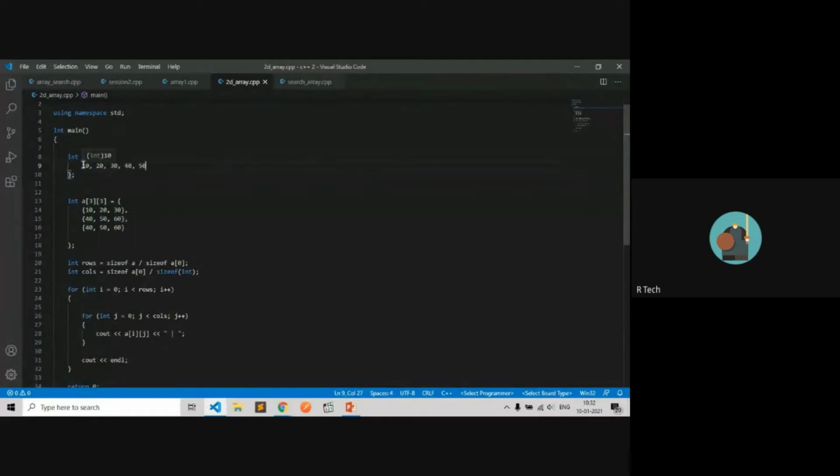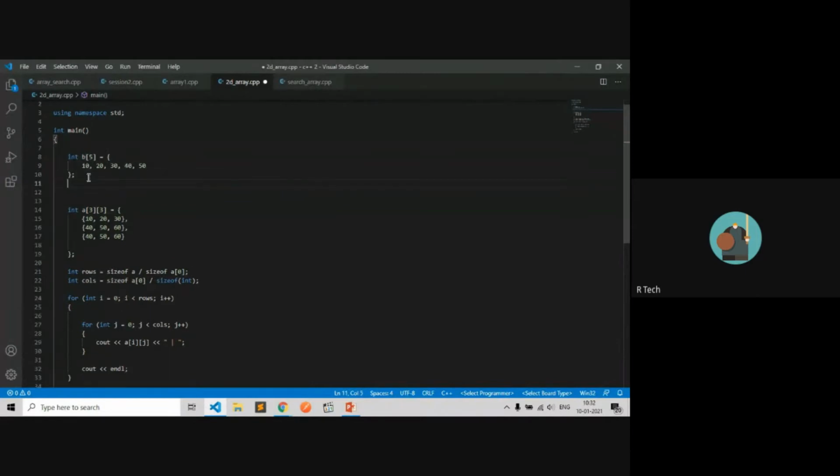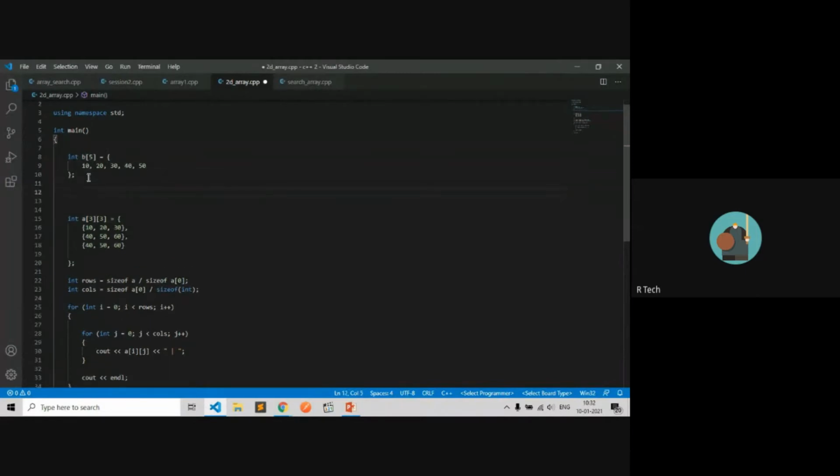So let's try to print the size of this array. Size of... Let's return from here.